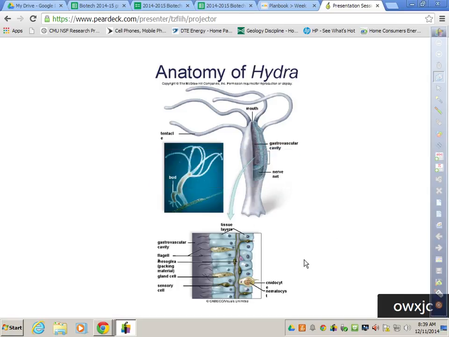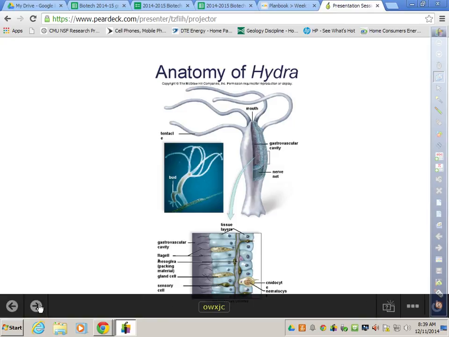Okay, so we left off talking about Hydra. They reproduce asexually by budding. But today,